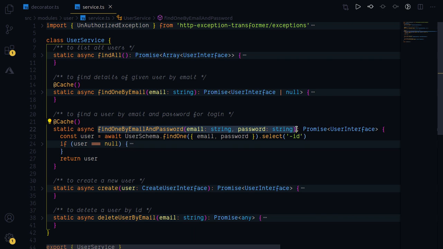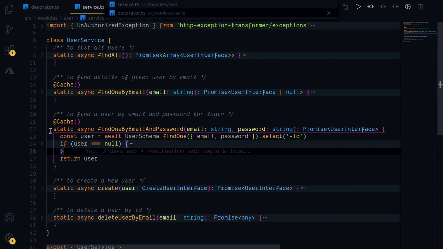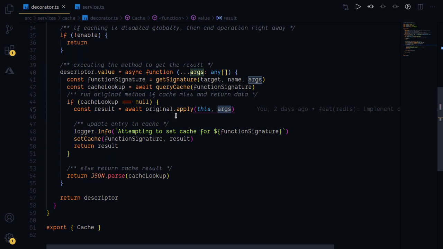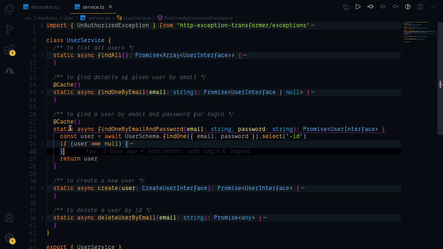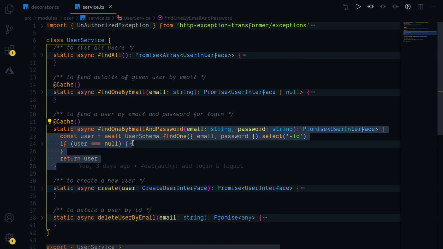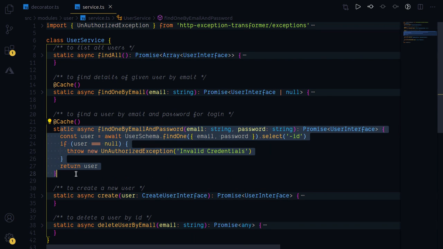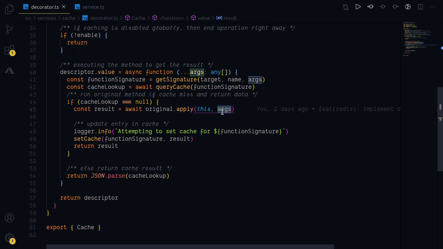Now note that these are the argument values, and which contain the actual data. If the signature does not exist in cache, then we run this function, and then we update the cache and return the results.